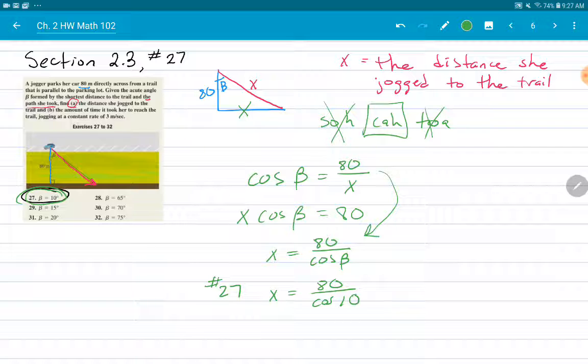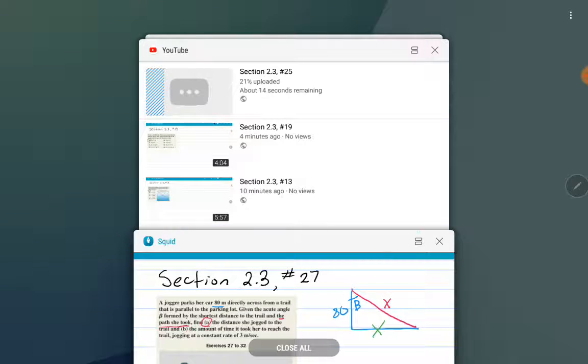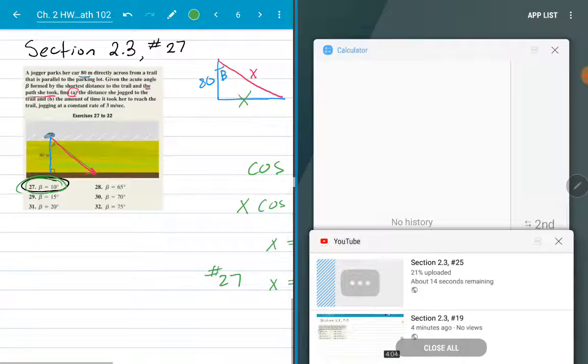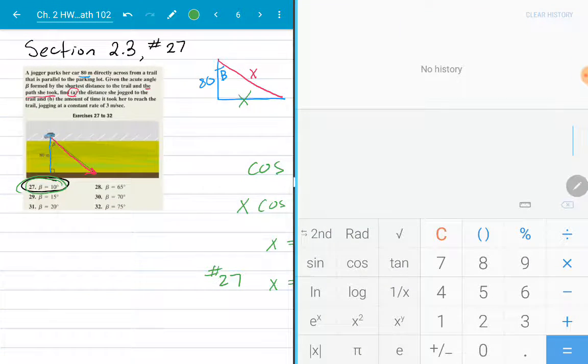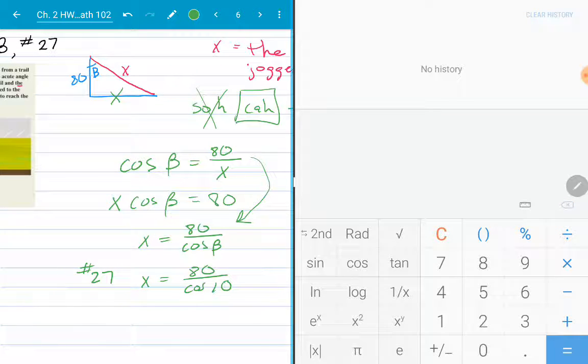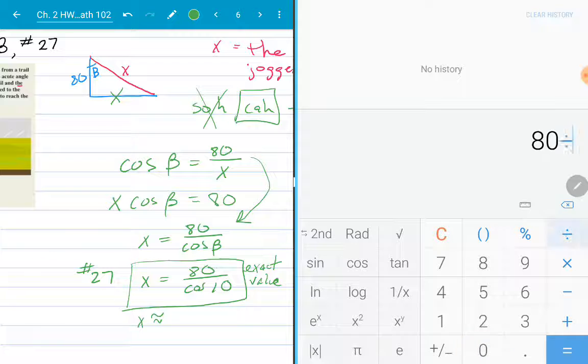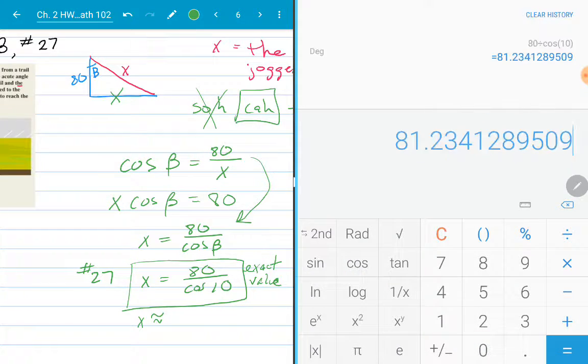That's not an angle I have memorized, so I'm going to have to grab my calculator for that one. So this is the exact value, and that's the answer I would expect on a test with no calculator. And our estimated value is going to be 80 divided by cosine of 10, which gives me,